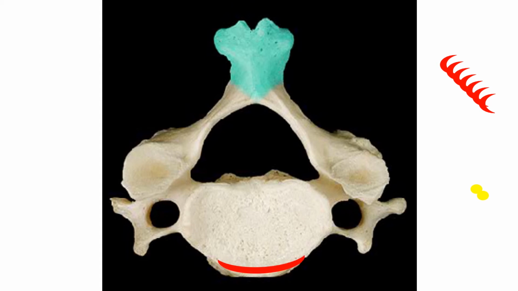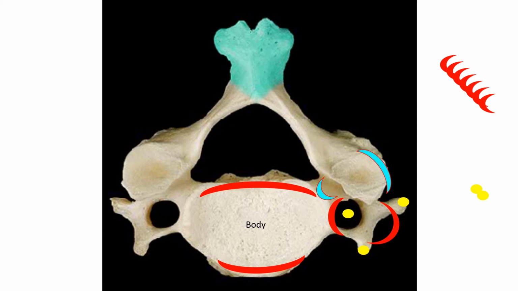And this is the main part, which is the body, which is anterior, and this is the transverse process, which is having a foramen. This is typical of a cervical vertebra, and you can see that the transverse process has a posterior tubercle and an anterior tubercle,